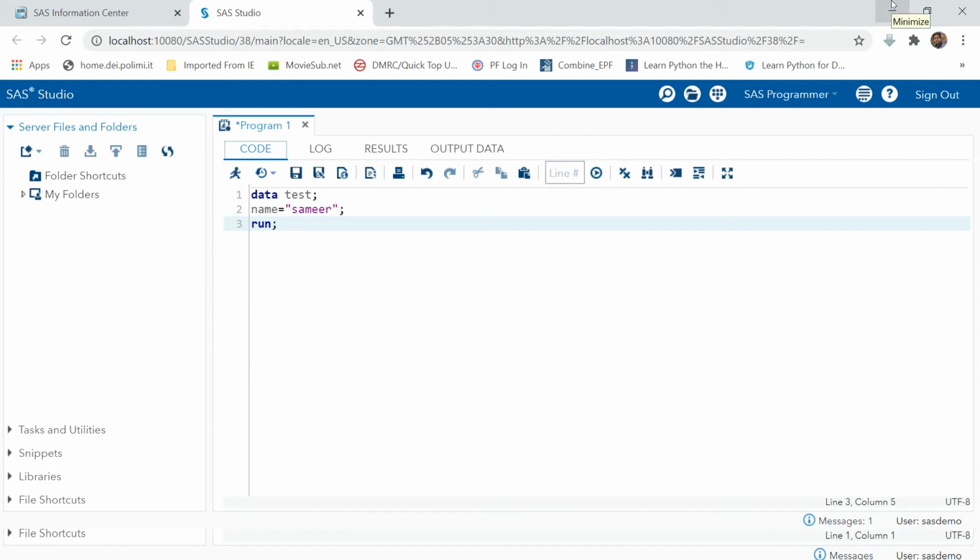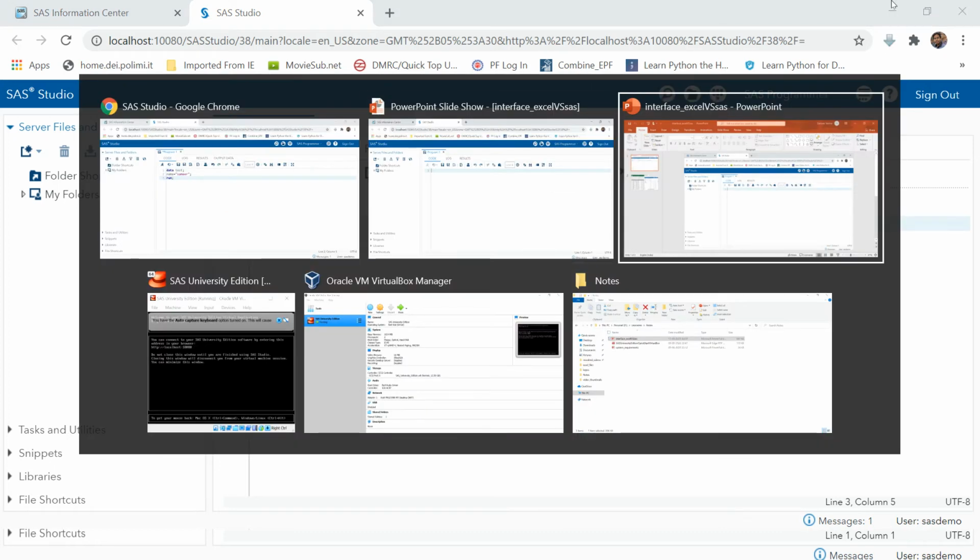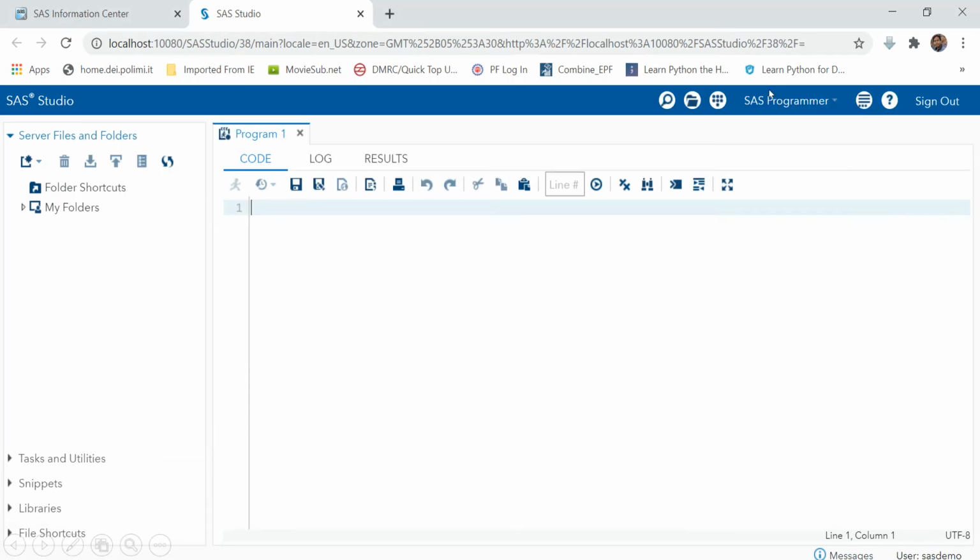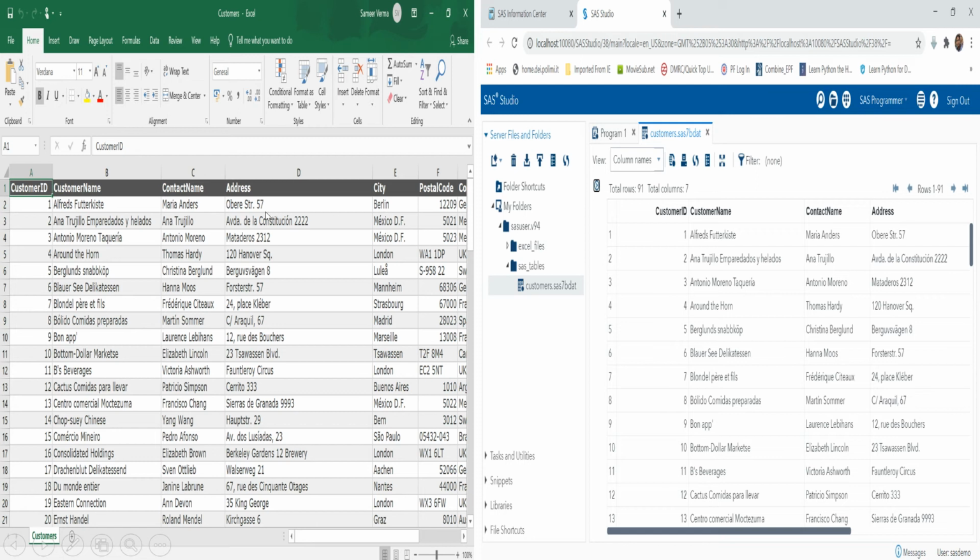Now let's go ahead and see the little difference with Excel. Here you can see on one side you have an Excel workbook or Excel sheet opened, and on the other side a SAS table is opened. This is the customer file, and here also we have the customer table opened.